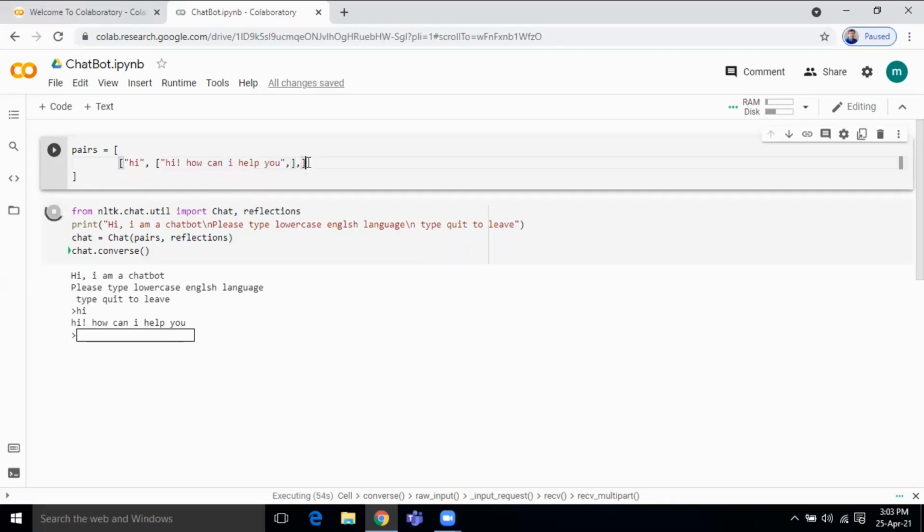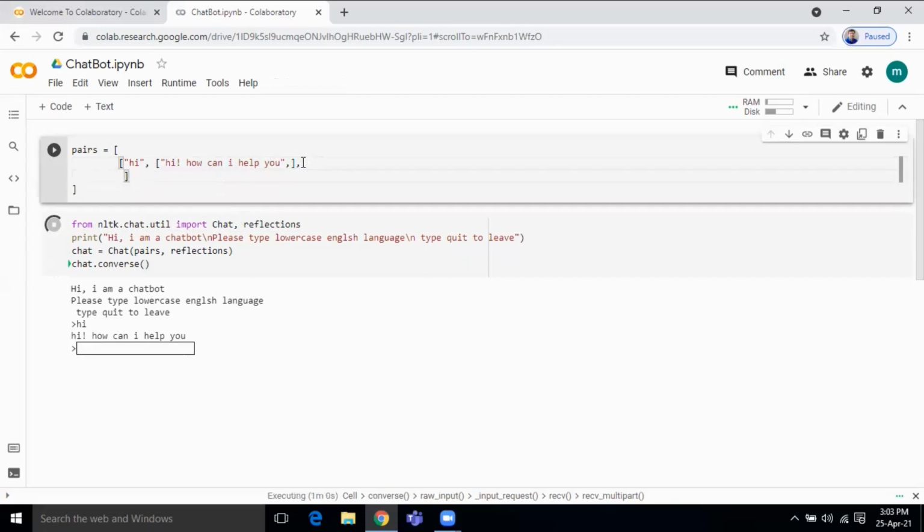So this is how you can go on writing the data set, or you can train this chatbot. Like if you are requesting the name of the chatbot, so if your question is like this, what is your name?